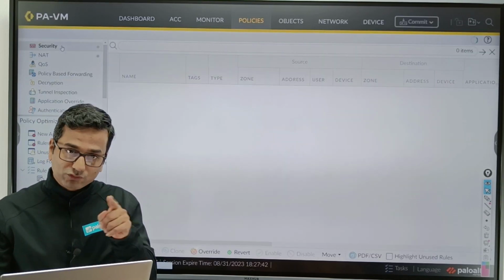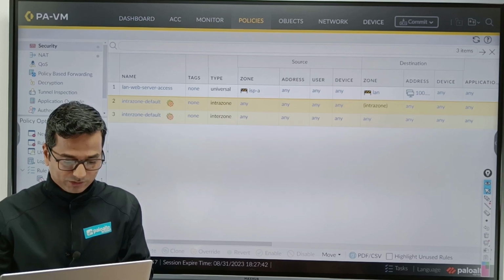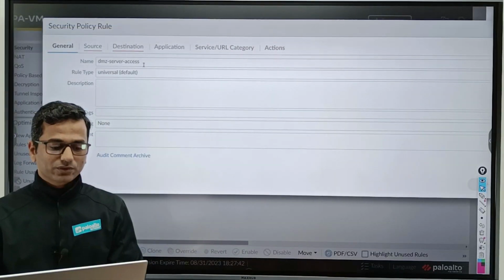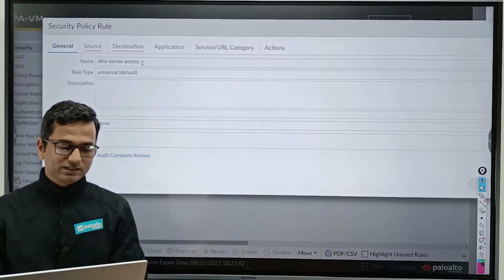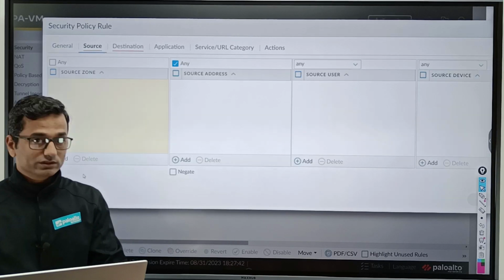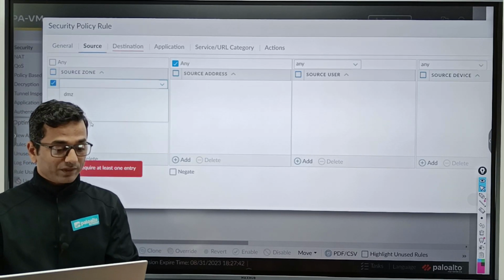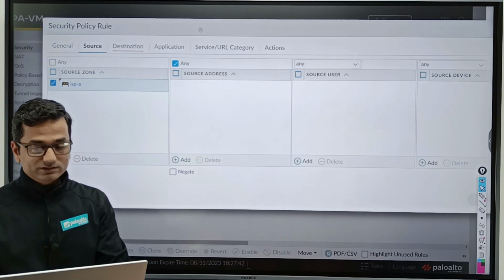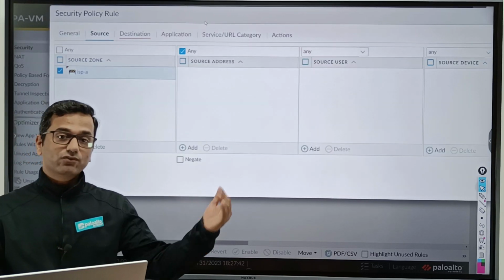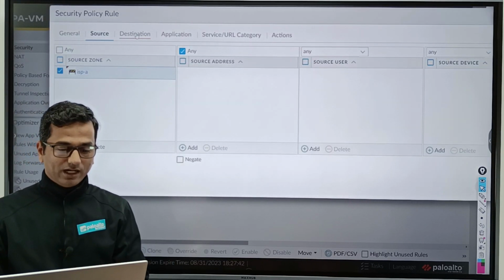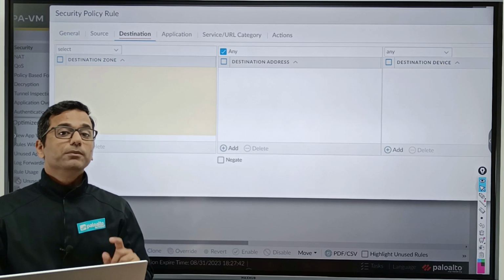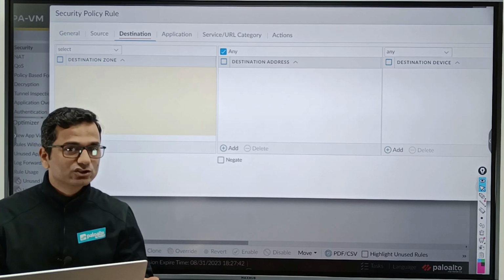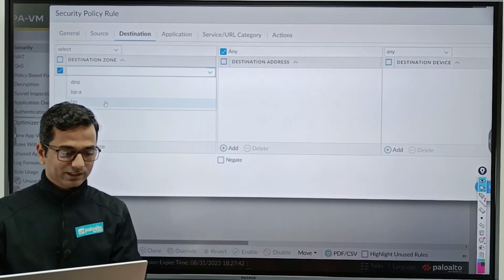What about security policy? Of course you have to configure the security policy. One more security policy, name DMZ server access. Source should be ISPA because traffic is coming from the internet. Destination zone is the post-NAT zone, so it will be the DMZ.